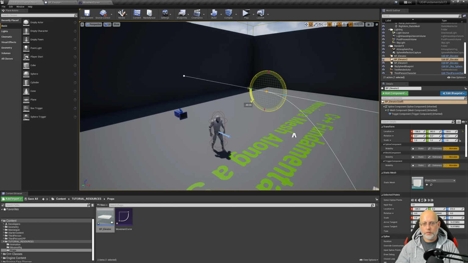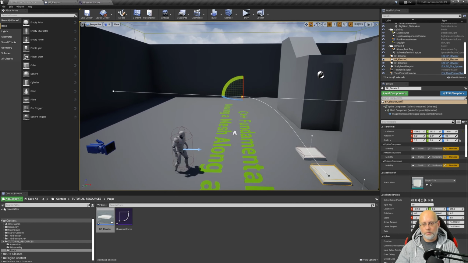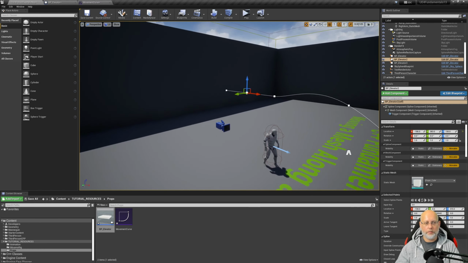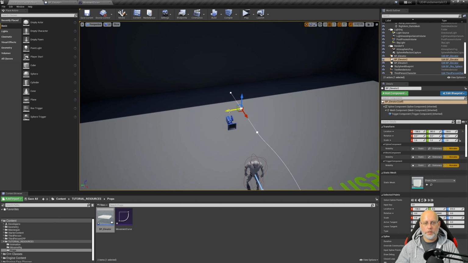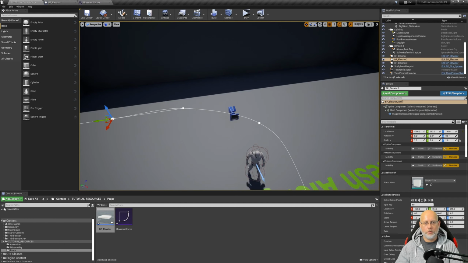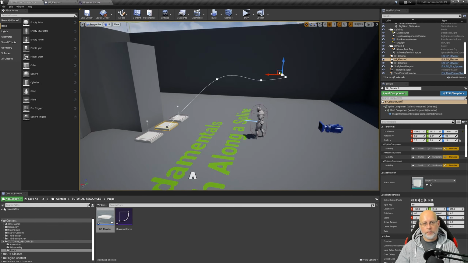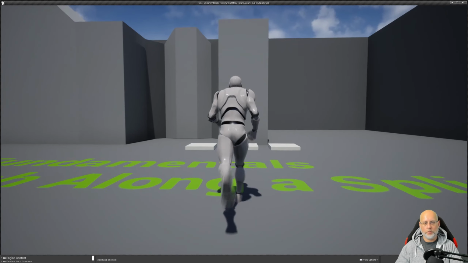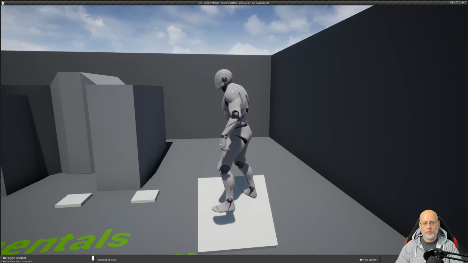So let's do this. Let's create a little flat curve, so it should go up and over. And then if we hold down the Alt button, you can add additional spline points. So you just keep holding down Alt and dragging on the widget, you'll notice everything kind of moves around. So now we have this weird little spline going, and when we get on our elevator, it's going to follow